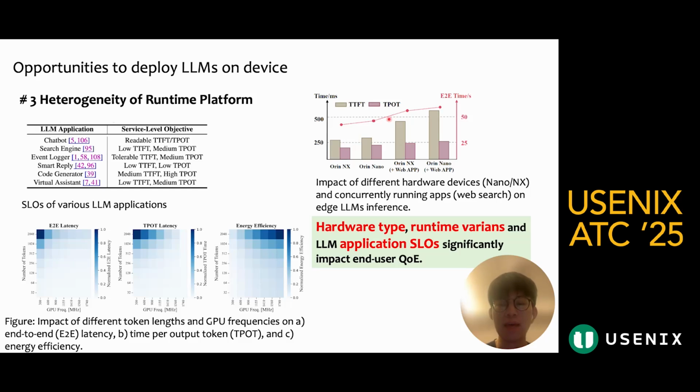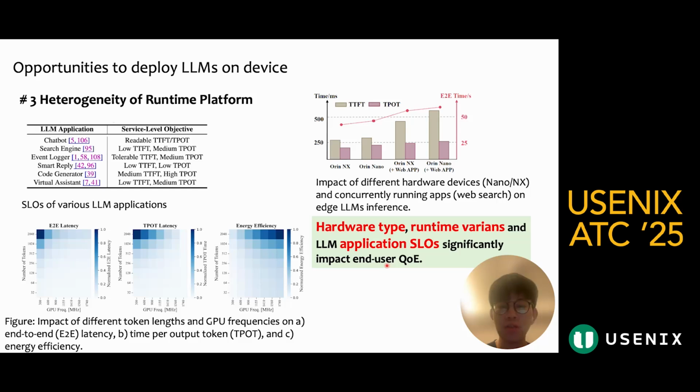Even with the same task and the same hardware platform, a running foreground application, here we use a web search application, may also lead to runtime variance. So the third opportunity is that the hardware type, runtime variance, and LLM application SLO may impact the end user